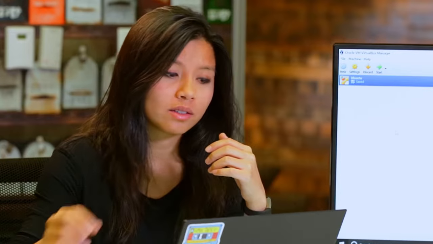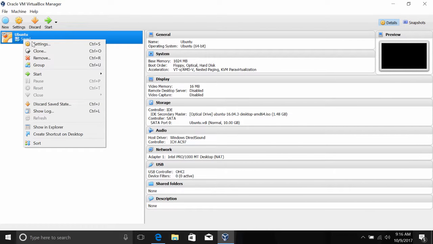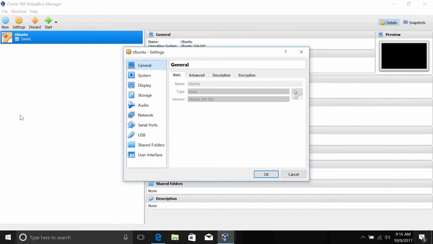Okay, what if we decide we want to use more than 1 GB for the OS? On a physical machine, we'd have to buy more RAM and install it. But since we're using a VM, it's as easy as changing a setting. To modify hardware resource allocation to a VM, all we need to do is right-click on the VM, then click Settings. From here, we'll be able to change how much RAM we want along with other settings. We won't discuss the specifics of these settings, but you can see how simple it is to modify a VM instance.